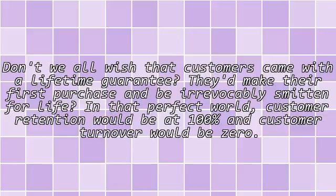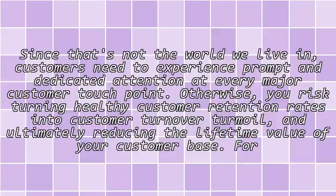Don't we all wish that customers came with a lifetime guarantee? They'd make their first purchase and be irrevocably smitten for life. In that perfect world, customer retention would be at 100% and customer turnover would be zero. Since that's not the world we live in, customers need to experience prompt and dedicated attention at every major customer touchpoint. Otherwise, you risk turning healthy customer retention rates into customer turnover turmoil and ultimately reducing the lifetime value of